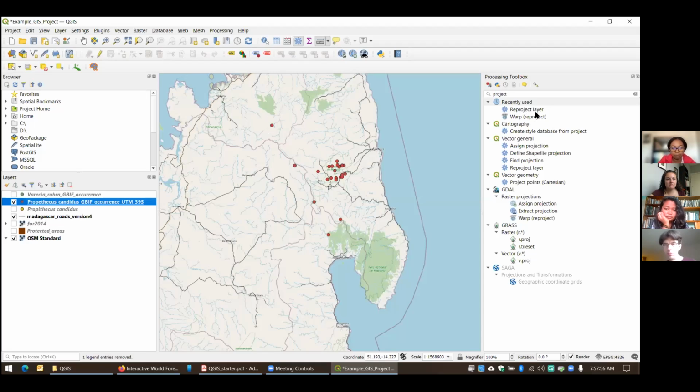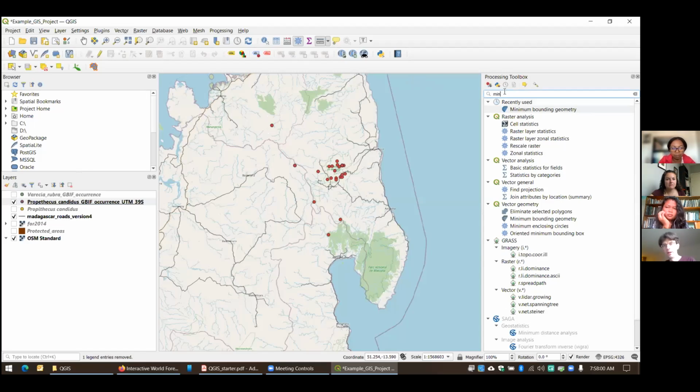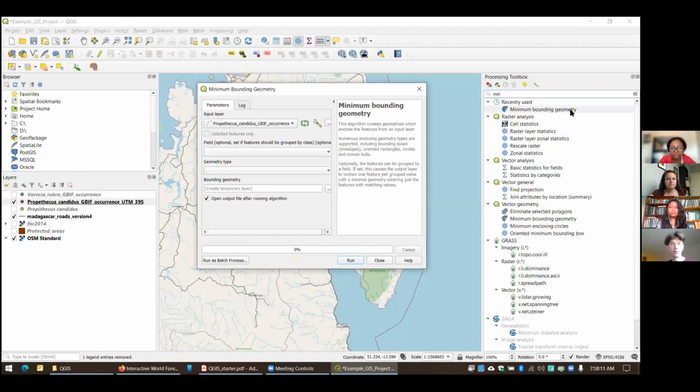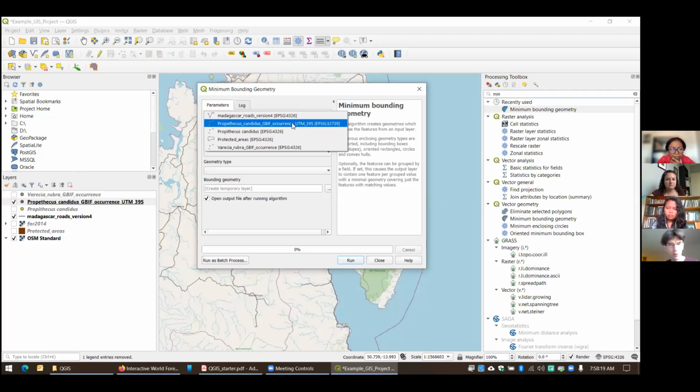And you'll be able to get a sense of what that looks like. So it's called here, and again, I'm typing and it's already popping up with what I want. And it's called minimum bounding geometry. So let's go ahead and do that, and you'll get an idea for how this works. So the first thing is we need to tell it what point file or vector file we want to use to build a minimum convex polygon.